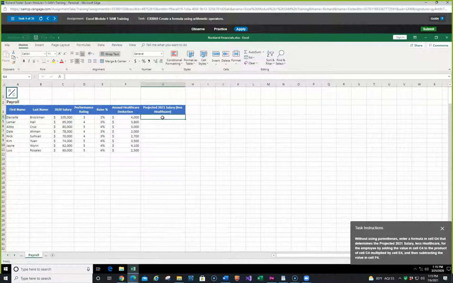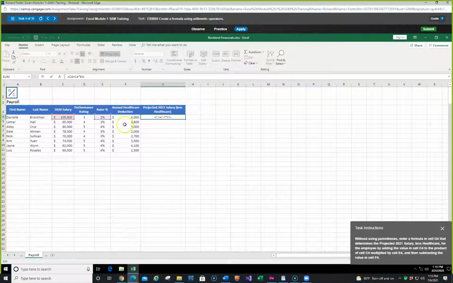We want to hit equal, and then C4, and then we want the product of C4 multiplied by E4, so we're hitting plus, and then C4 times E4, and then we want to subtract the value